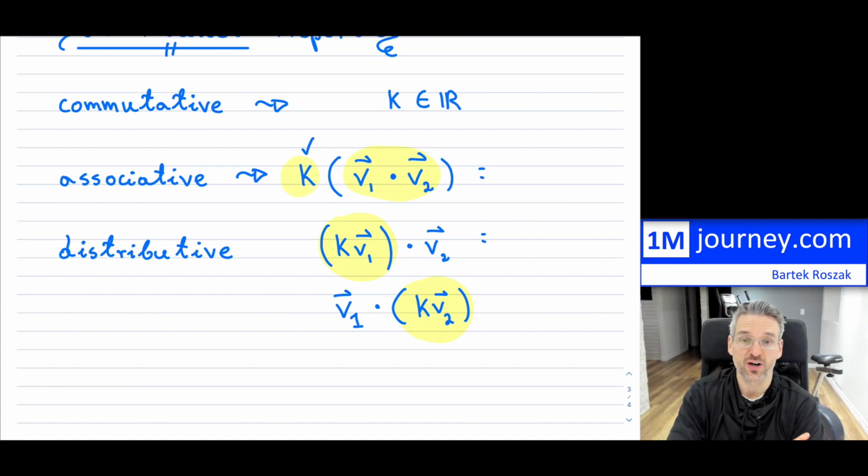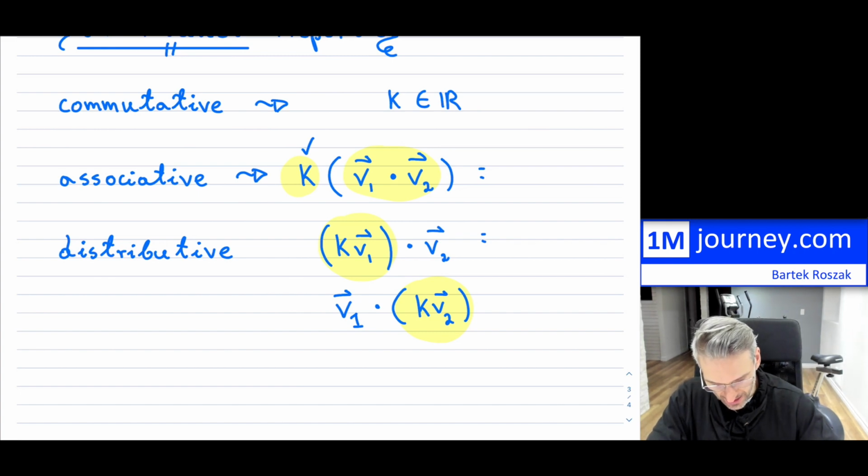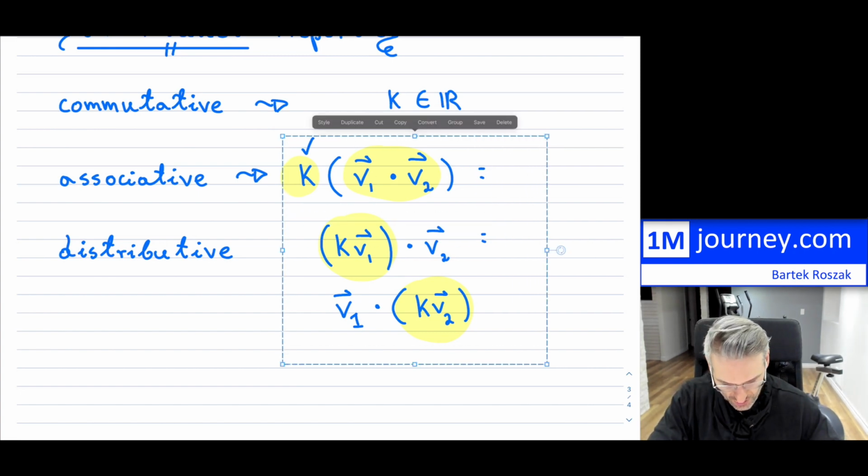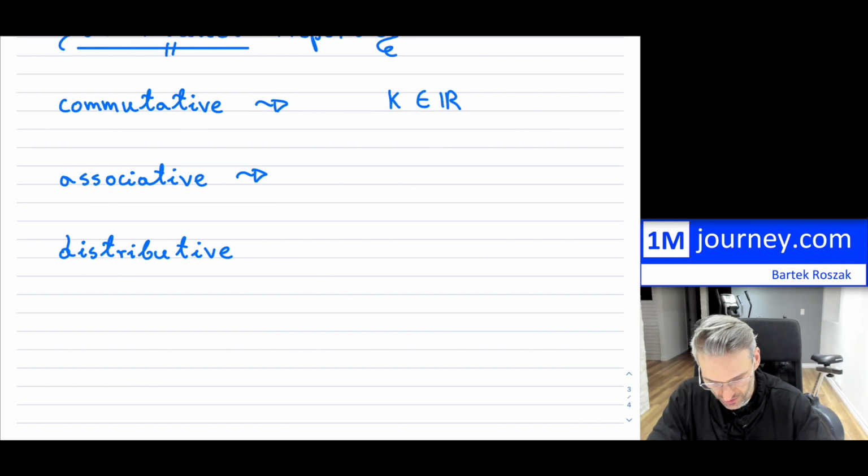All of these are the same. So the association with the scalar is either to the first or the second. The last item here, which is the distributive property, is actually really neat. Distributive property with respect to dot products means that if we have, for instance, two vectors like so,